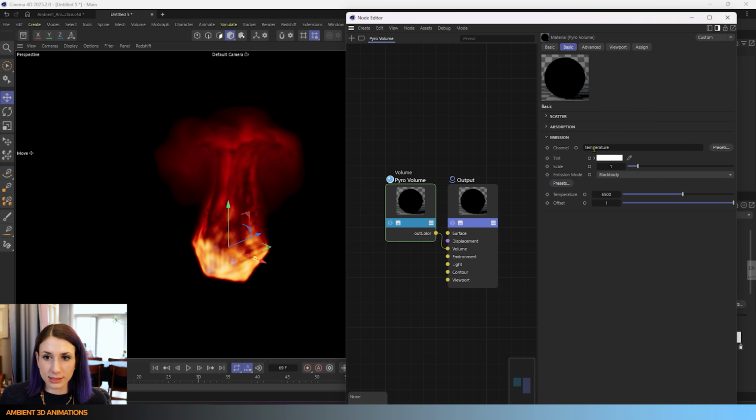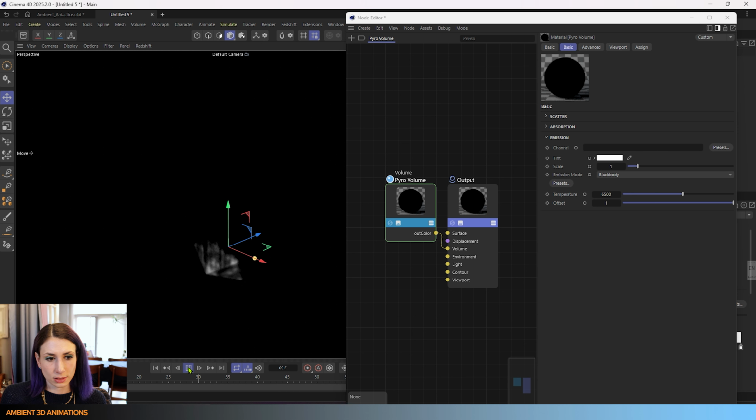And this is the part of the volume that glows. So if you don't want anything to be glowing in here, if you don't want any fire or any flames,